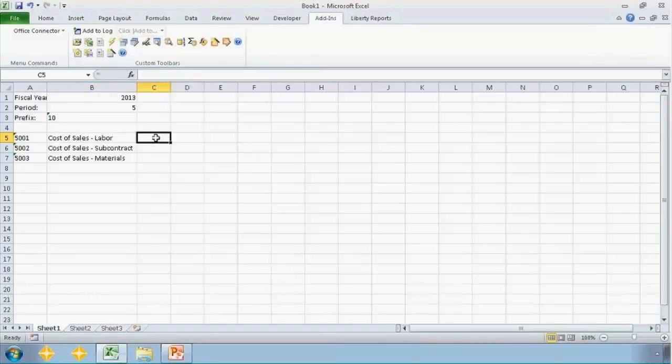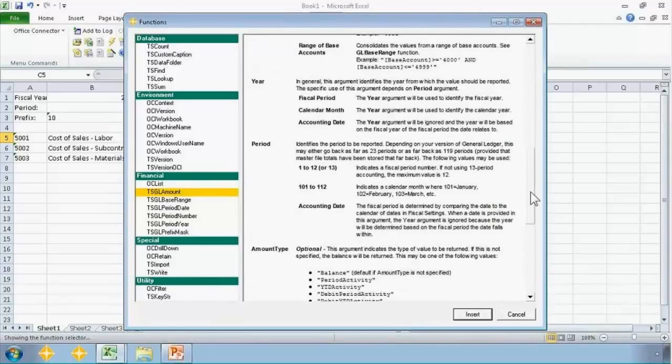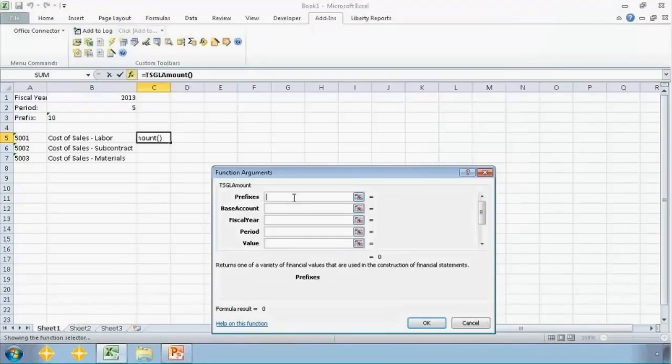So the way to drop in a financial value is, again, I go up here to the Office Connector toolbar. I click on that function selector button, and I locate my TSGLAmount function right here. And again, there's lots of documentation in the content area that explains what all the different arguments mean. And we're going to be stepping through those in detail here in just a moment. I'm going to go ahead and click on Insert. And now what I'm seeing is the standard Excel function arguments window where I can plug in values for those different arguments. So for the prefixes argument,